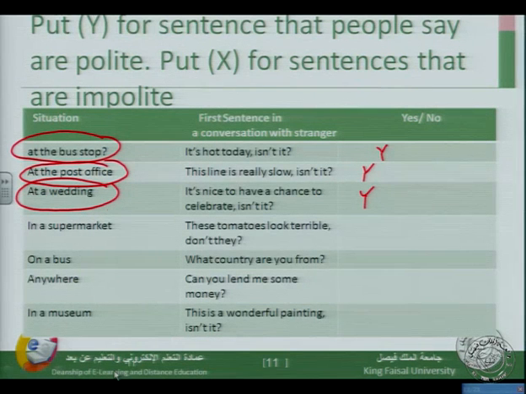people. Okay, for example, in the supermarket, these tomatoes look terrible, don't they? When tomatoes are old, they last maybe only two days or two weeks. So these tomatoes look terrible, don't they? You can also ask about the prices. These tomatoes cost us a lot. The price of these tomatoes is high, expensive. Okay, so we use this one.